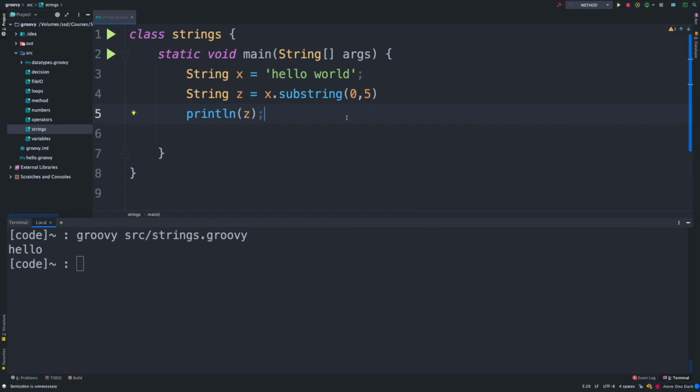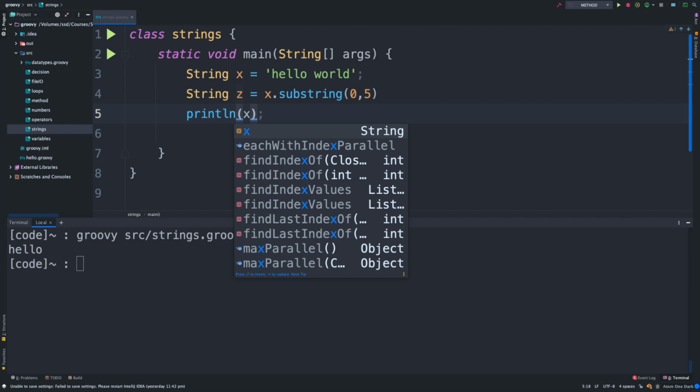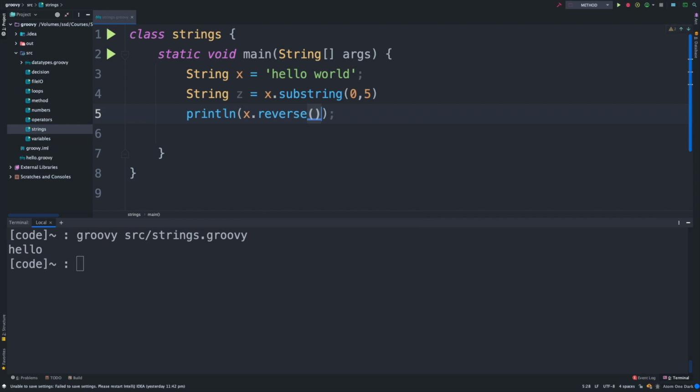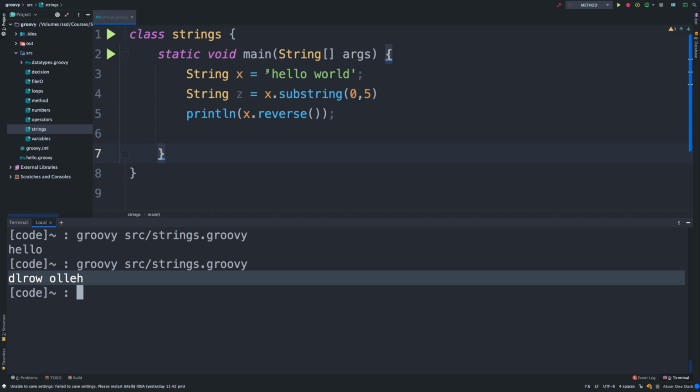The next method we're going to talk about is reverse. It's pretty simple. I'm going to directly apply that on x. So let's type x dot reverse. It doesn't require any argument. I'm going to run the file, and it's going to return us DLROW OLLEH. So what is this string? Well, it's basically reversing the string. You can use this reverse method to get that. You can do this manually as well by using a for loop, but given that we have a reverse method, you don't have to worry about that.